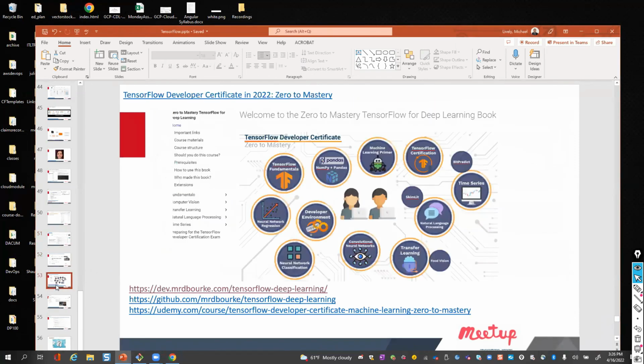Another thing out there: we will be circling around and not doing the JS tensor again, but doing the Python tensor course certification sometime in the future, not too far away. There's a whole course out there that you can hit. All the links are on the slides. And there's a Udemy course that matches this, by the way. Let me see if I can bring this up.